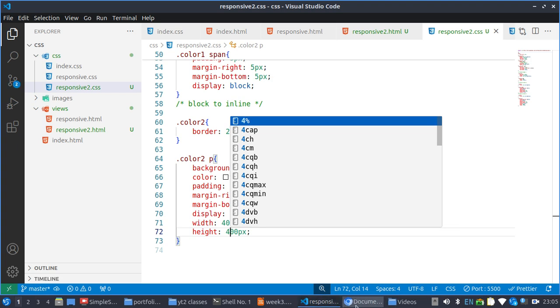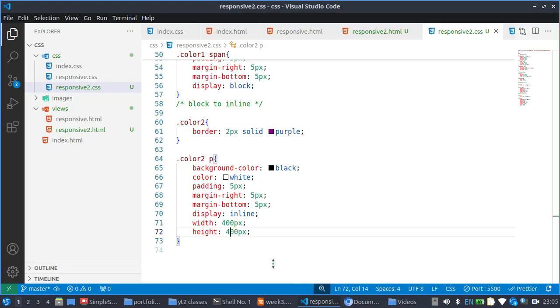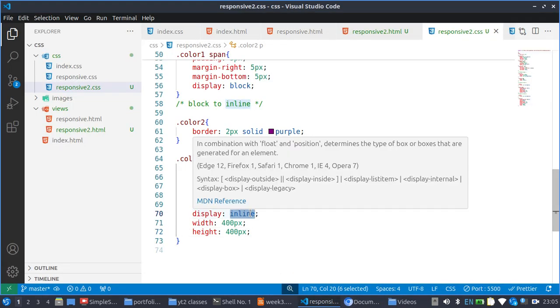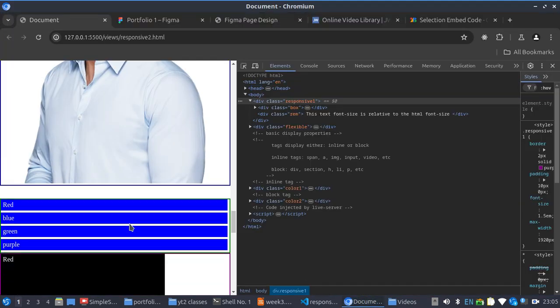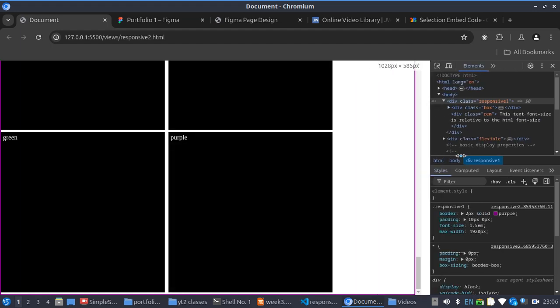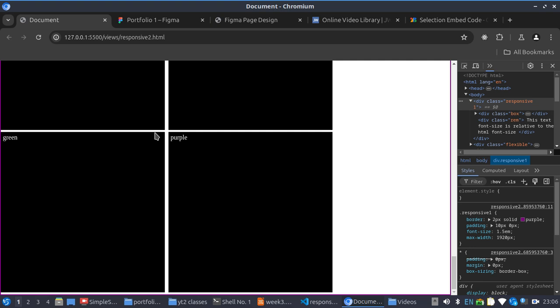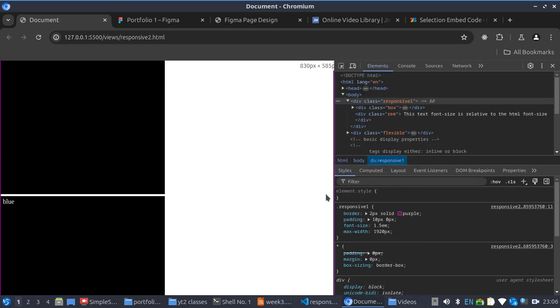So you notice nothing happens still, but notice what will happen when I change it to inline block. Now inline block responds to width and height, so inline block. If I save this, notice what will happen now. It's not showing like this. Now here comes the next benefit of using display inline block: it is responsive friendly. Do you notice as I shrink my page that